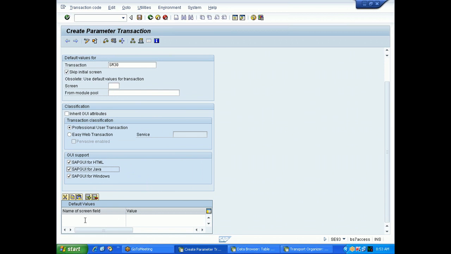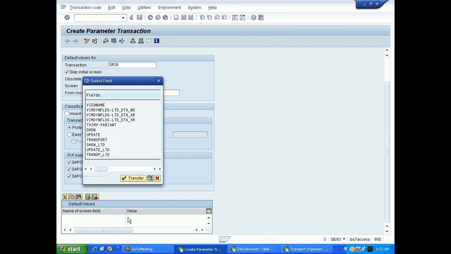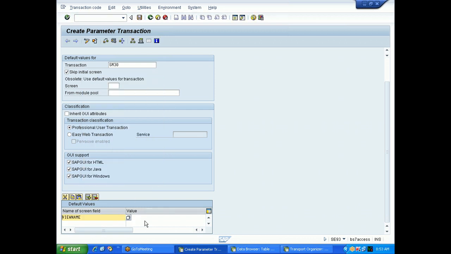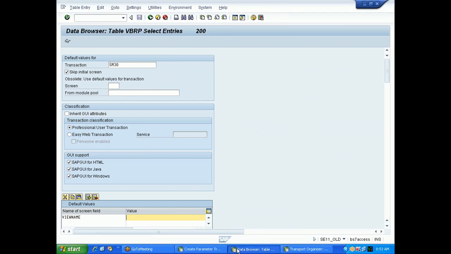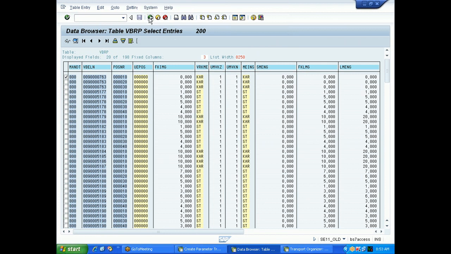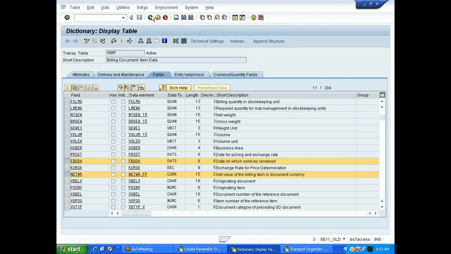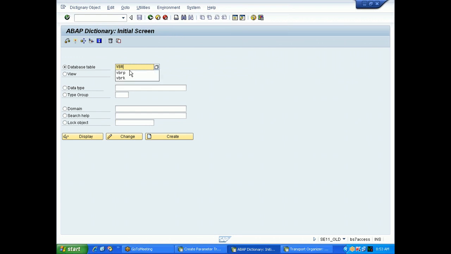Totally scroll down. If you see here, name of the screen field is there. In the name of the screen field, there is a button here, F4 button, search help. Click on this. Here you can give view name. Select the view name. Here you give the table name for which you have created a table maintenance generator. What is the table name for which we have created the table maintenance generator? Z student.